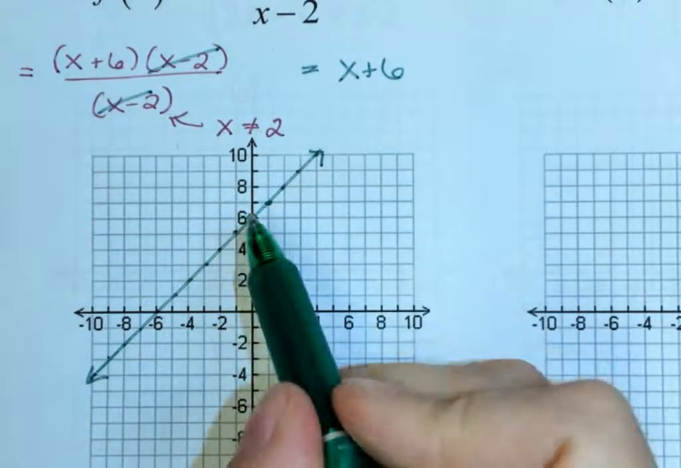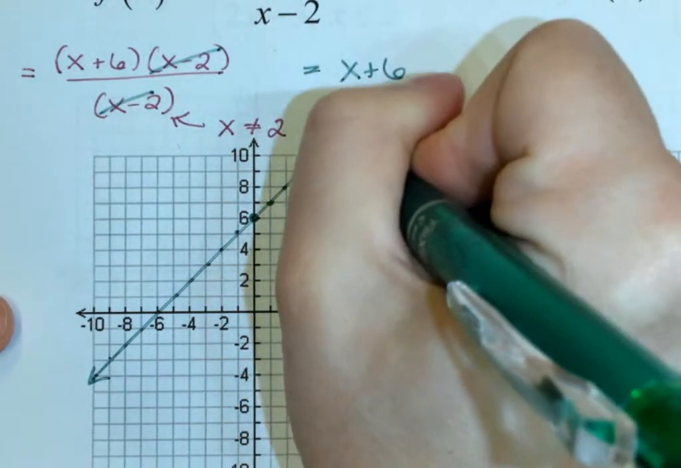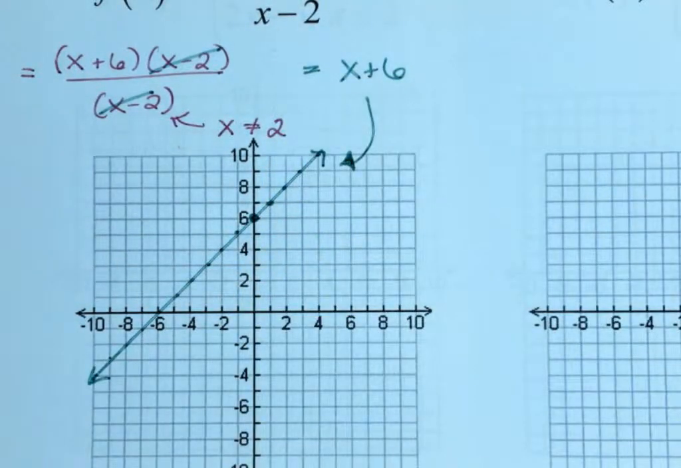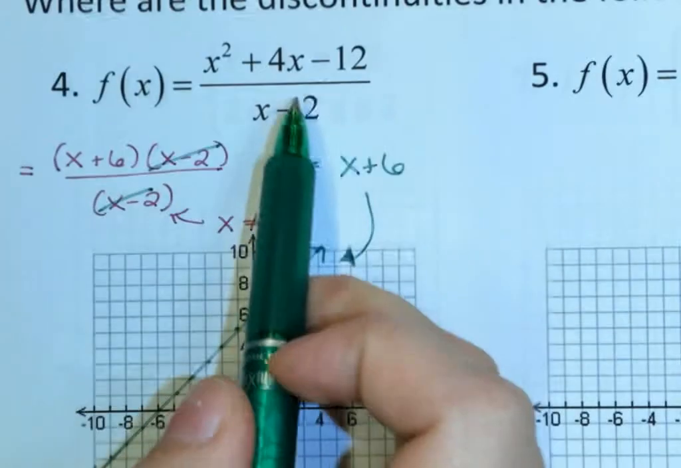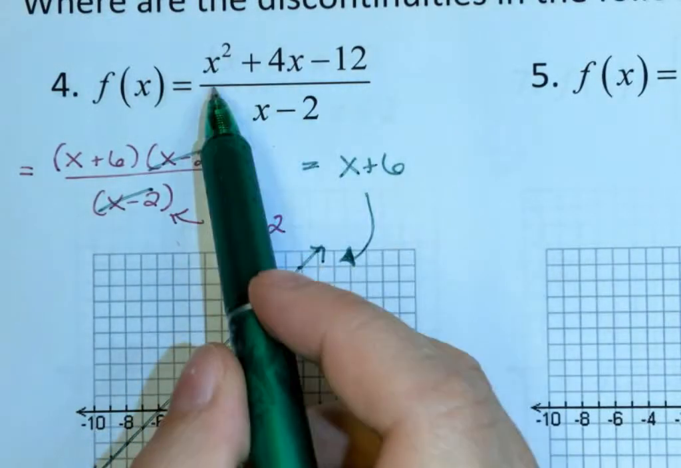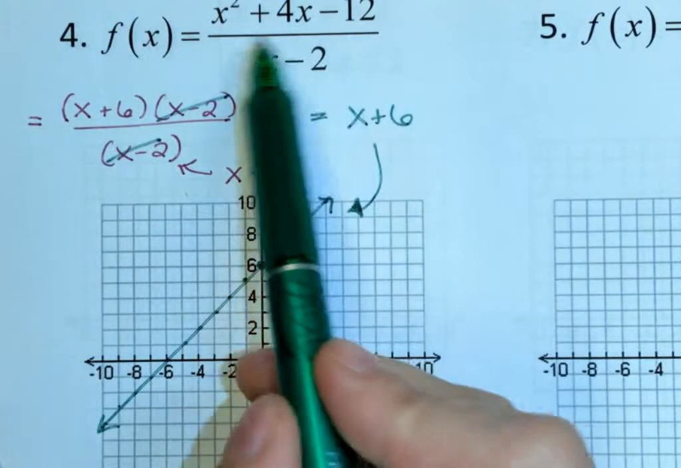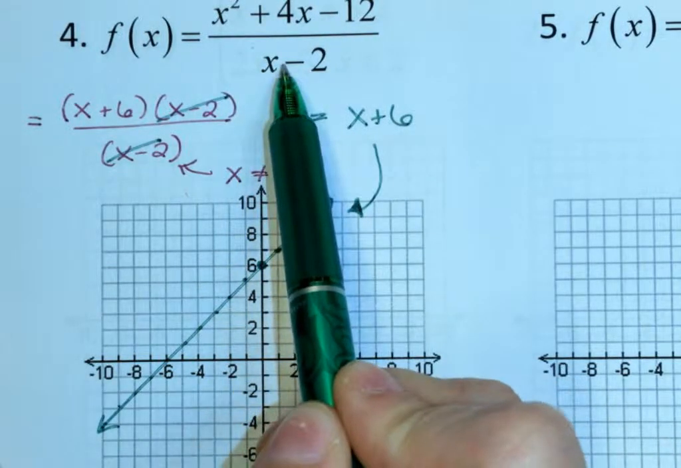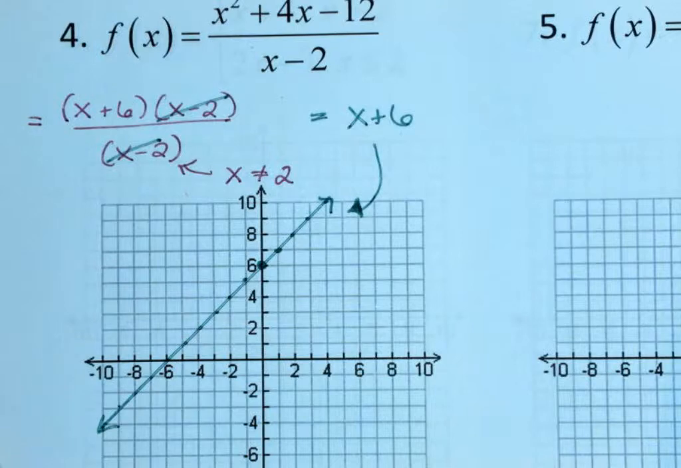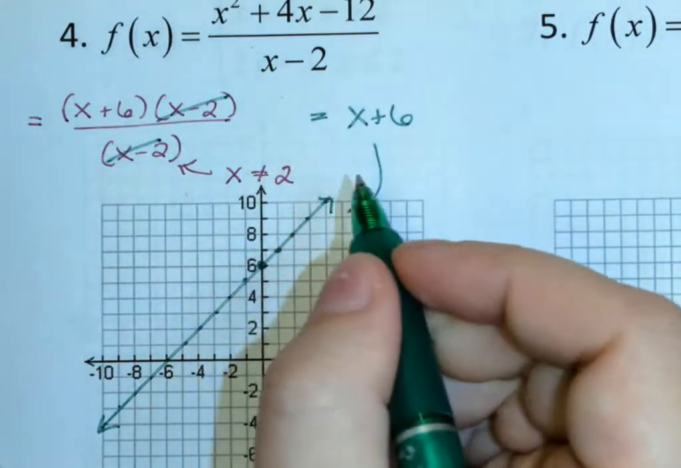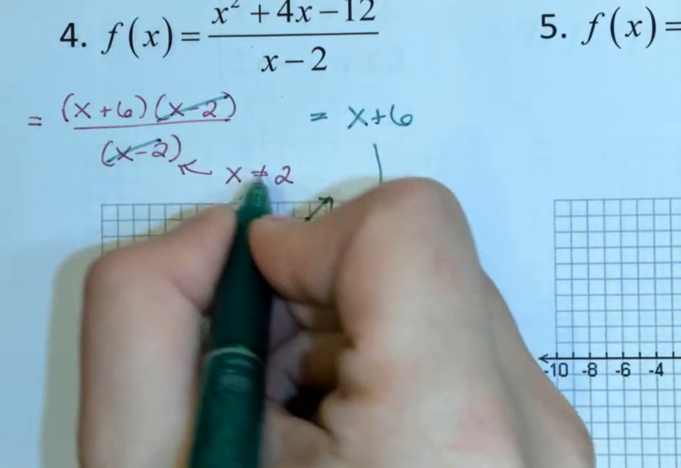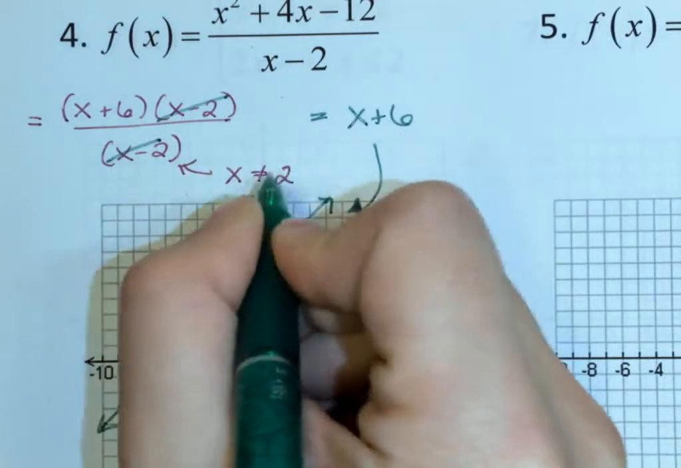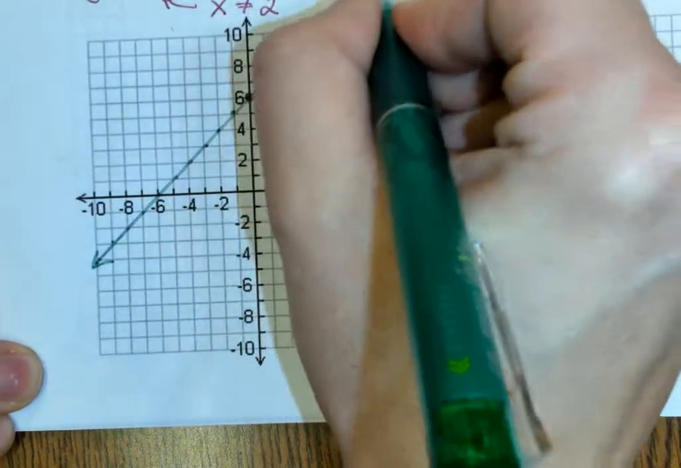Now that is the graph of the simplified function. It's a lot easier to graph than trying to figure out how to graph this guy here. But it didn't start off as this guy here. It started off as this. So to make them the same, we have to go and put our hole into the equation. So my hole is what happened where x was equal to 2. So I'm going to have a removable